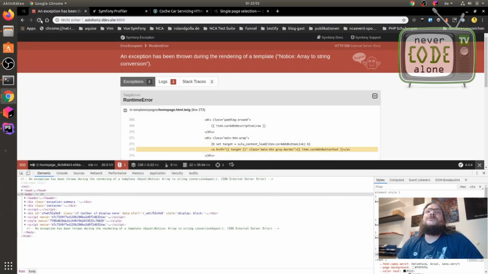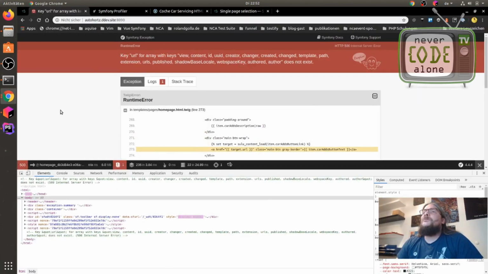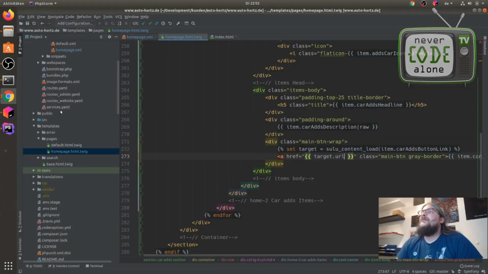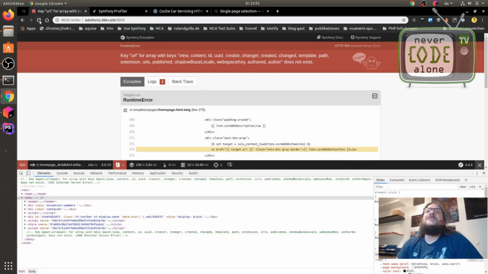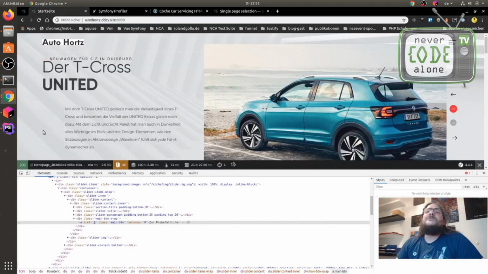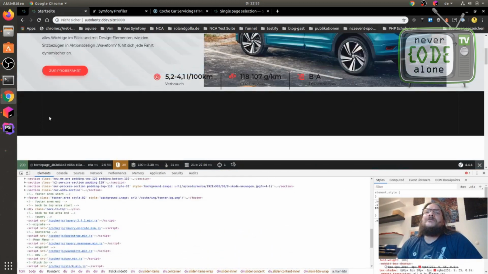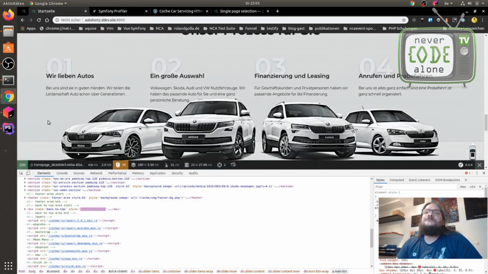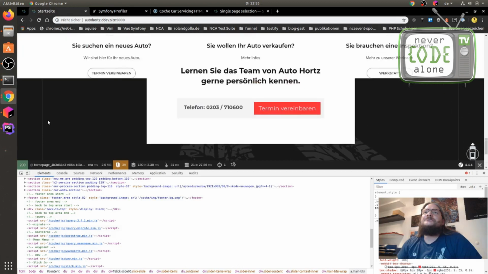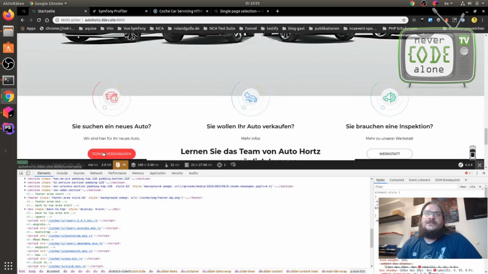I think I have to do more practice on pass. I have to do a bit more stuff on the documentation to make this clearer, but now it's going to the subpage.